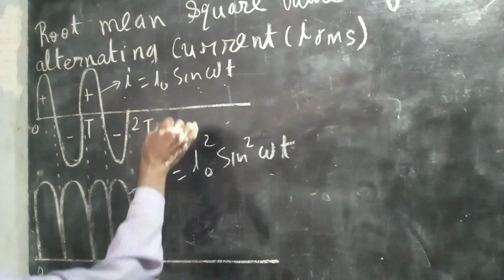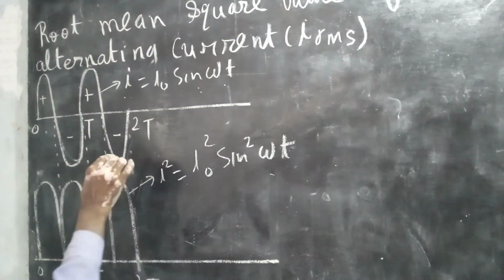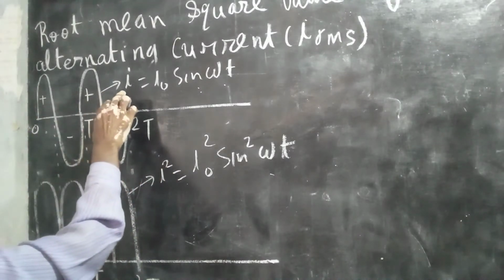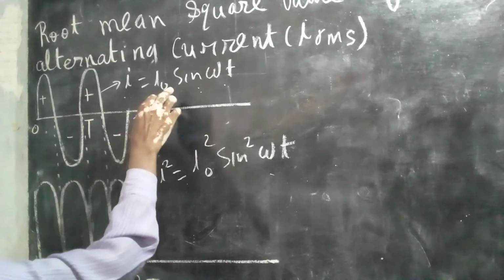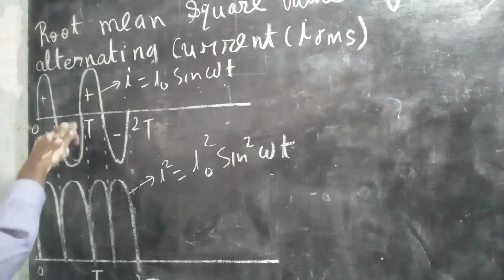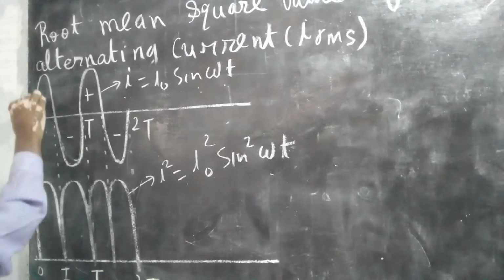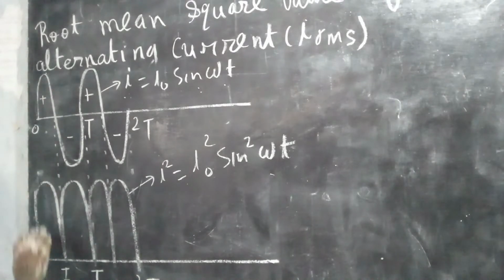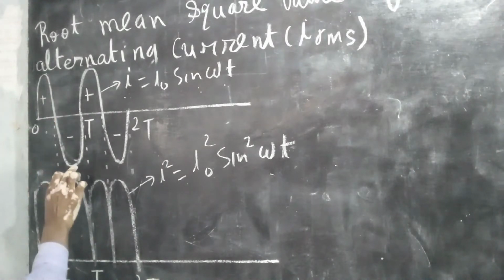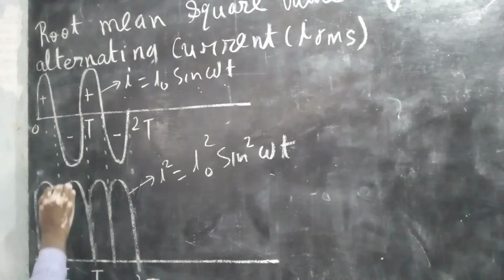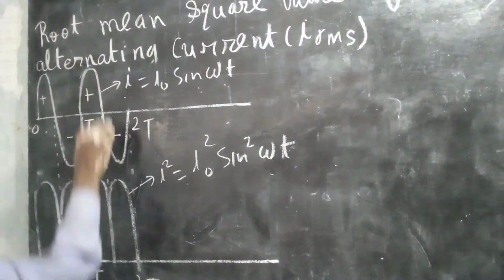Now we square this. When we square this, the magnitude of alternating current becomes the square of the given magnitude. Negative values also become positive. So for half cycle this is already positive. Next half cycle this also becomes positive having the same magnitude. So this cycle becomes the square of this cycle, and when we square this cycle, we get a positive value.